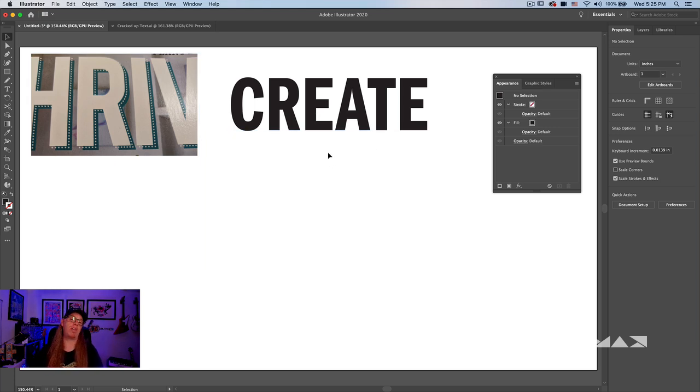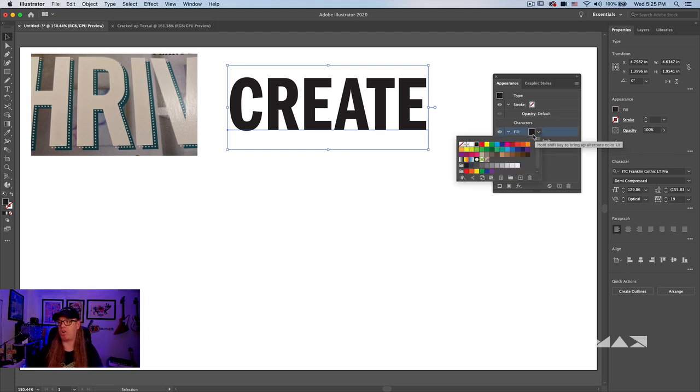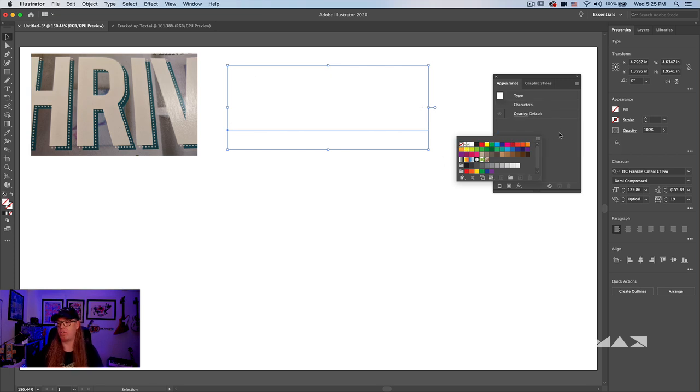So the way to do this and be production positive is really utilize effects and the appearance panel. So let me show you what I mean. First, I've got a word here that I typed. You can see I can highlight this text. And what we want to do is actually get rid of the black fill on the type because this is part of the characters and we want Illustrator to see this as an object. So let's remove that fill. You won't be able to see anything for a second. And now at the bottom of the appearance panel, which by the way, if you haven't accessed the appearance panel before, you can access it in the properties panel. You'll see it says appearance here.